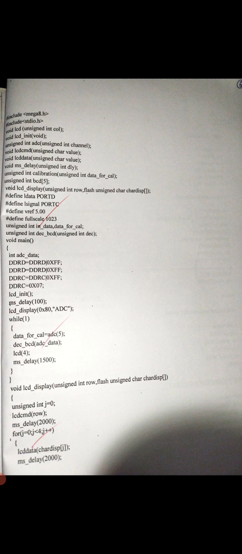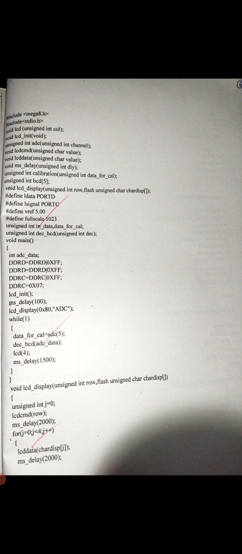In the program, we start by including the header file. Next is the user defined initialization function, which consists of initializing the global variables. Then comes the while loop with the condition always 1, where the port direction is changed. Then we call the ADC subroutine and the display subroutine, and return.